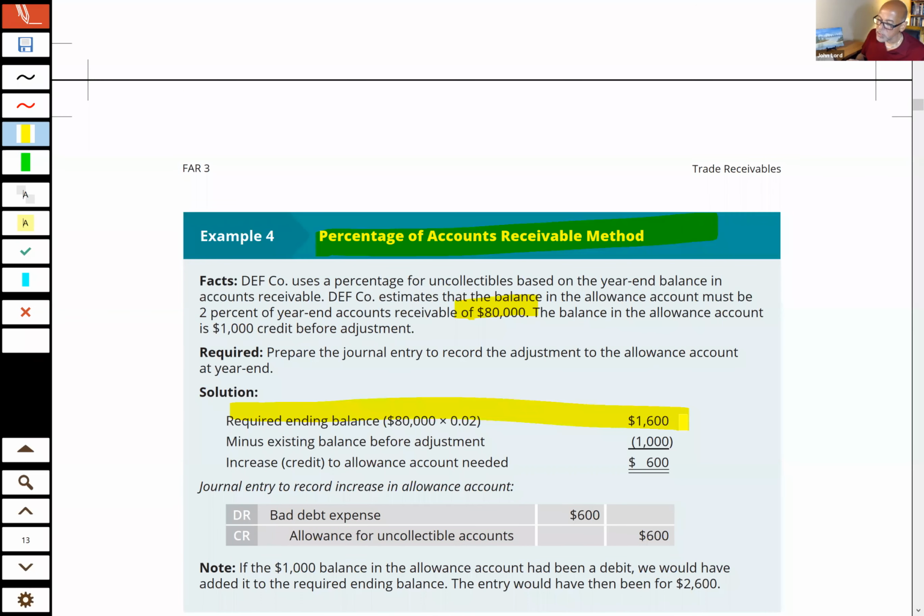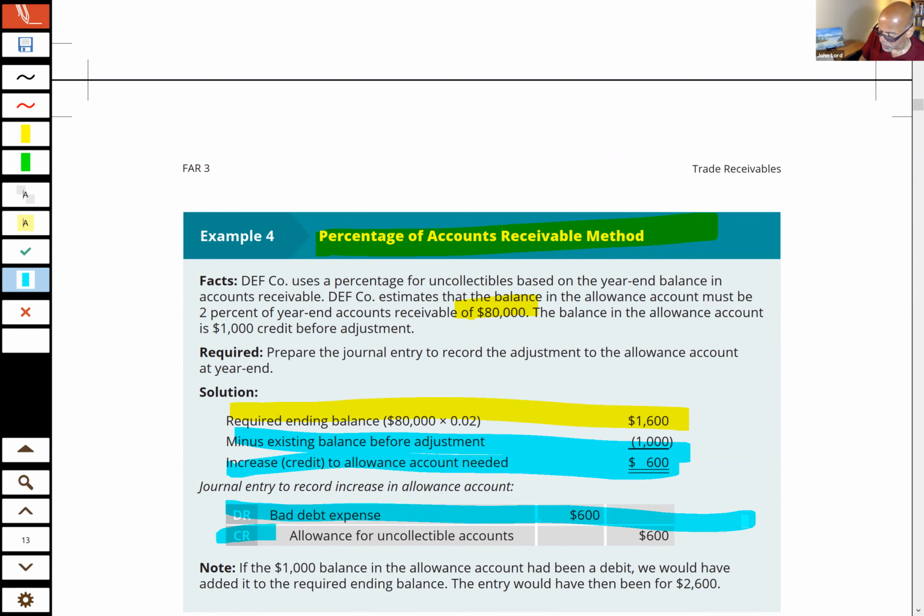So that means you need 1,600 in the allowance. But if you had already put into the allowance in previous periods and there's say $1,000 sitting there, then to get up to 1,600 in the allowance, you just need an additional $600. You would debit bad debt expense 600, credit the allowance for $600. Okay, now